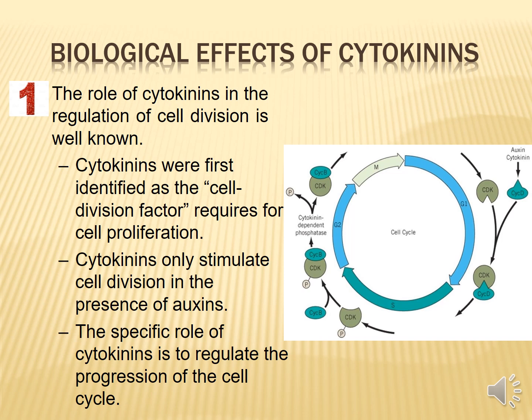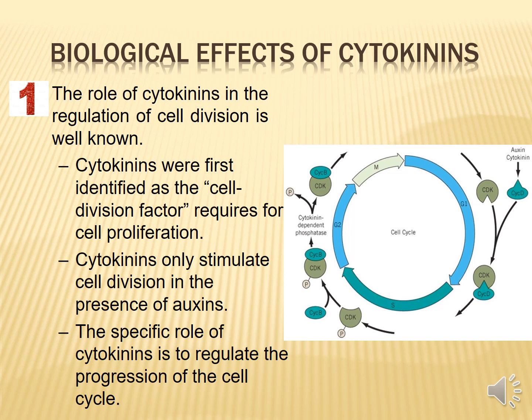You need to know that in order to learn about the cell, you need to know the basic information of the cell. The cell has an event that we call the cell cycle, where in the cell cycle there are two major processes, which are interphase and mitosis. So this cytokinin is involved in this cycle, which is why we call cytokinin a cell division factor that is required for the cell